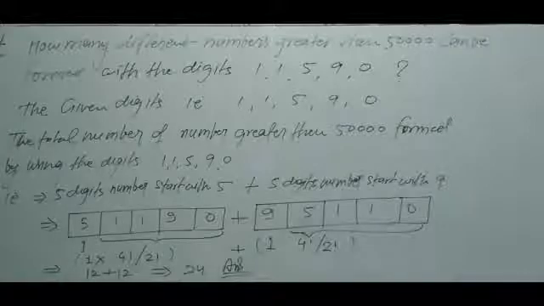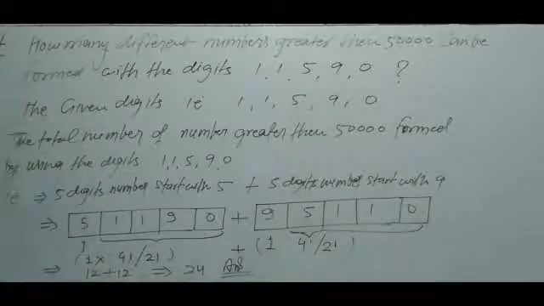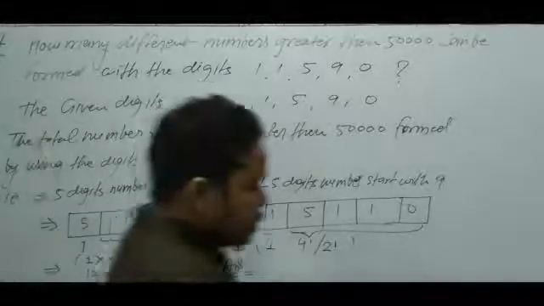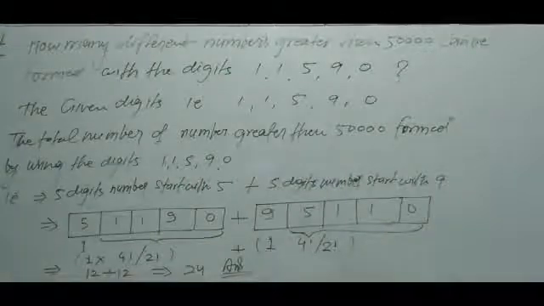So we have divided, and now you will get the same result, that is 12. Now this is 12 and this is 12. After adding, whole result will be 24. Now there are 24 numbers which is greater than 50,000. We can frame by using the digits